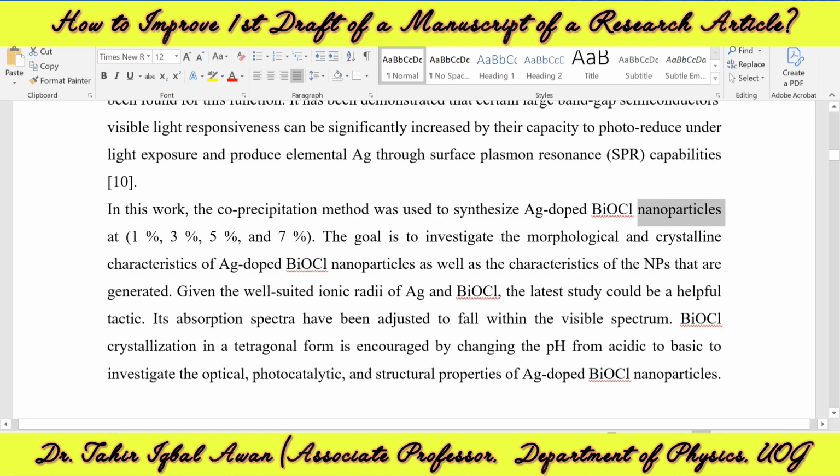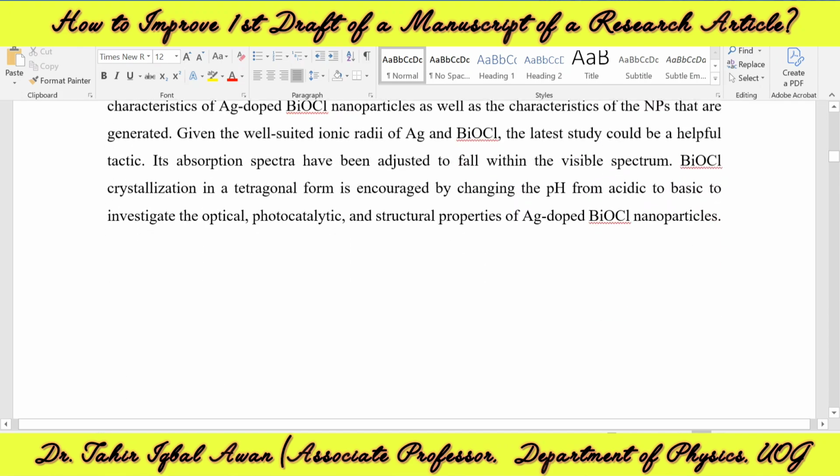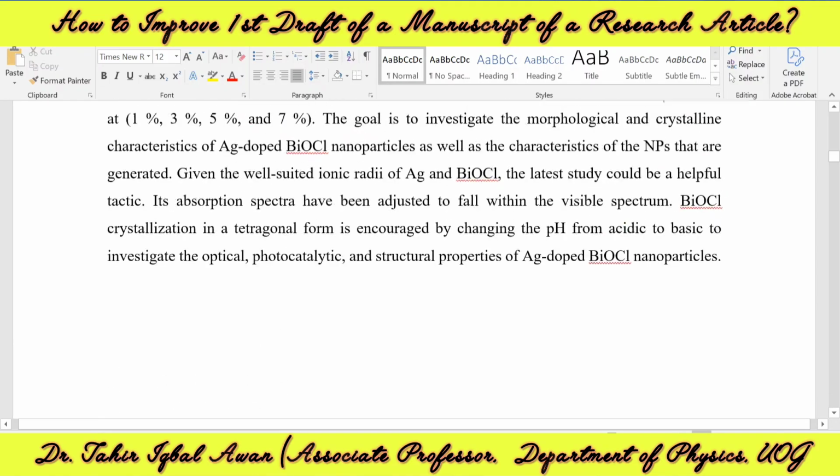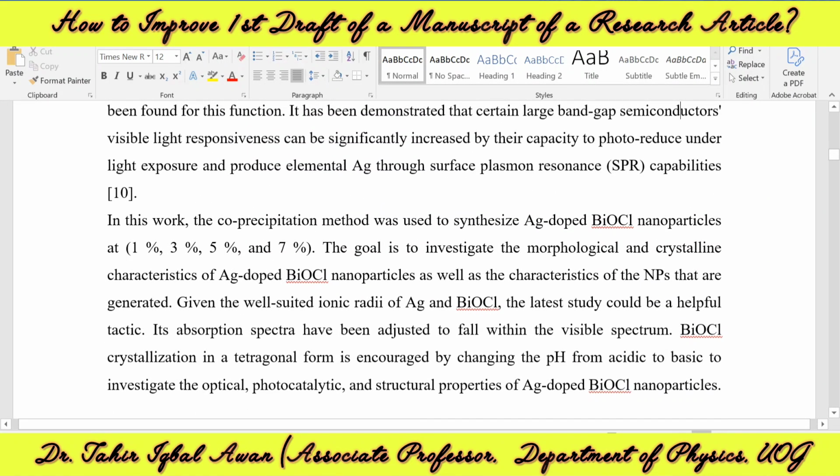So we'll see the SEM image, how it looks. Even over here, this sentence started with an abbreviation, so that's not a good thing. And even I could not see the characterization that was involved, XRD, PL, SEM. That should be mentioned over here. It should also be added in the last paragraph that we will synthesize the sample, say Ag-doped BiOCl,